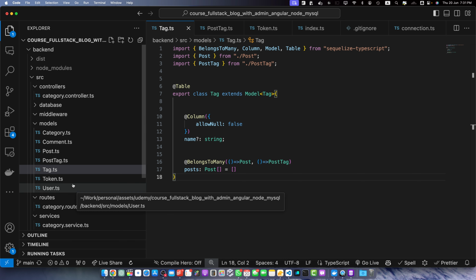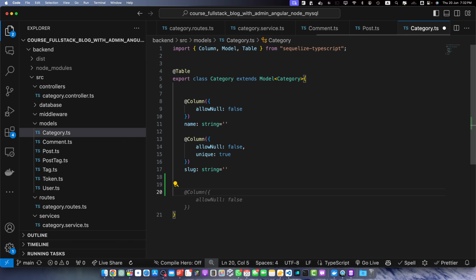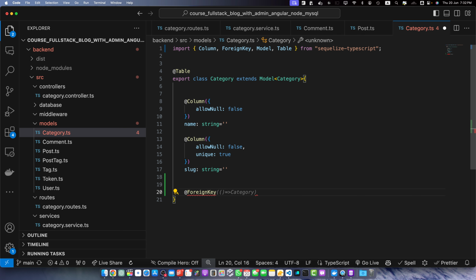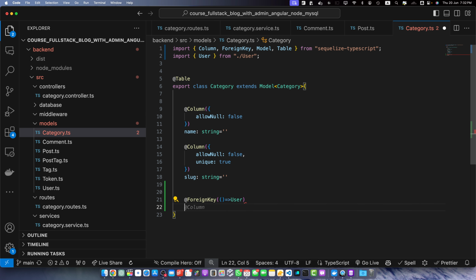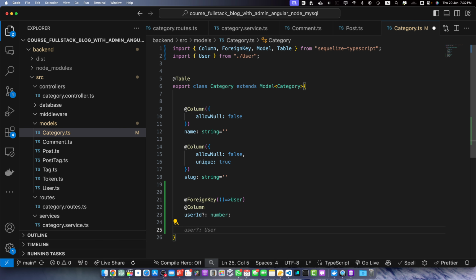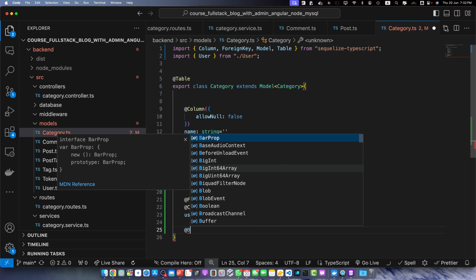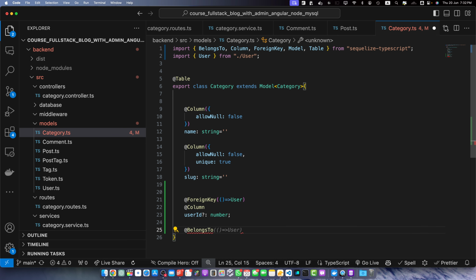So we are going to add that now. First of all, go to the category model. Here I will add foreign key decorator, and here we will return user. Now we will add decorator for column, and then we will add a property user ID of type number. Next, we need to create an association by using belongs to decorator. Make sure to import all of these decorators that I am using, and then we will return user from this